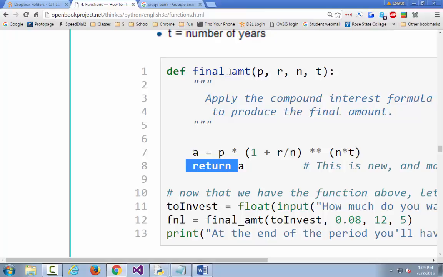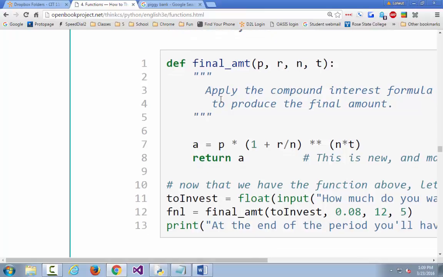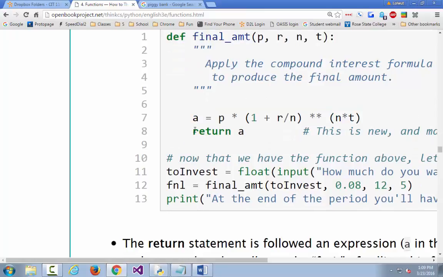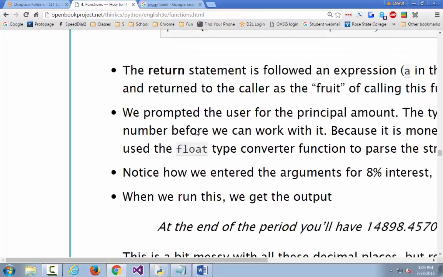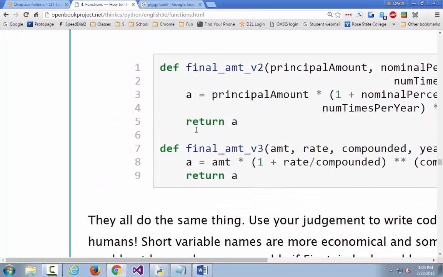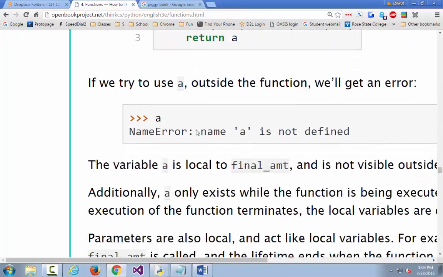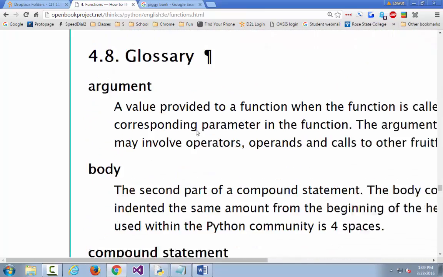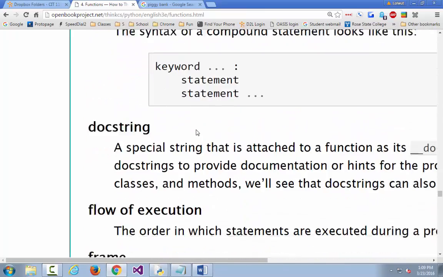The rest of this chapter just goes into some detail about making complicated functions, like here's a compound interest formula, where you pass in the principal, the interest rate, the number of years, and whatever t is. And then it does that interest rate formula and it returns the answer, what your interest was for that amount of time. So this is all very good if you're trying to figure out how much interest you're earning, but if your accounts are like mine and you don't earn any interest, then